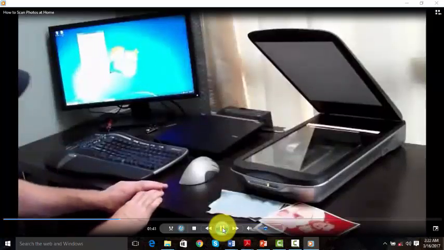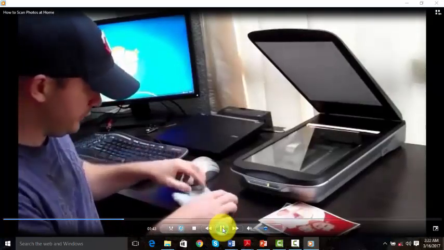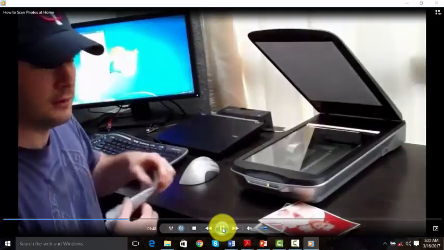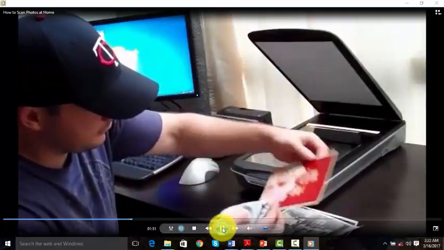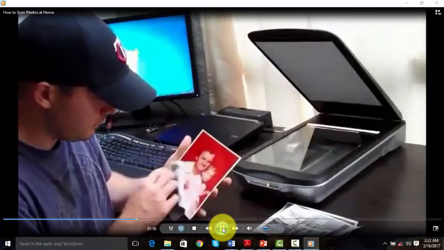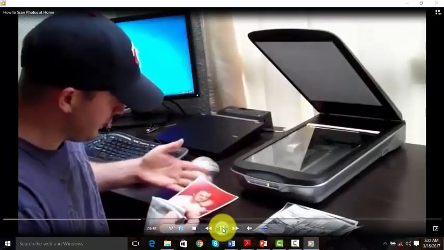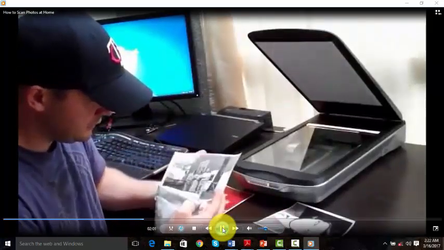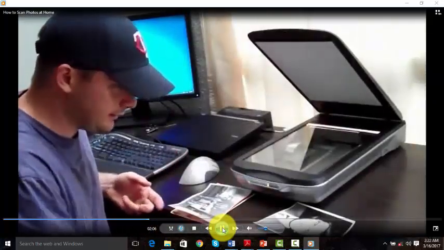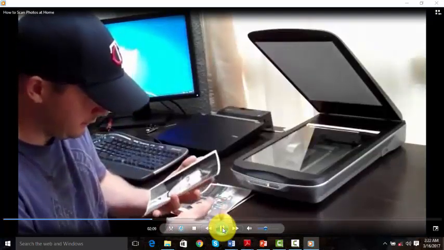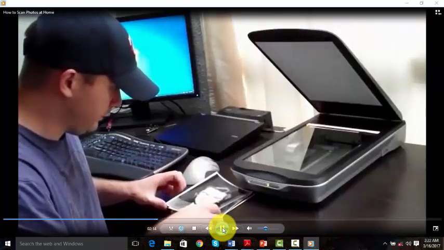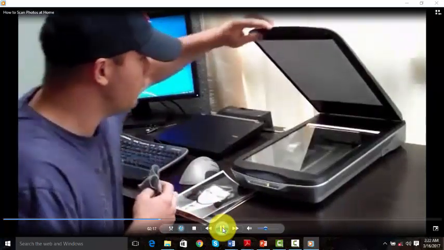Preview photos. It's always good to first make sure you have the photos cleaned up. Since these aren't my photos, these are my friend's photos, I'm going to be rather gentle with them. So you take the soft chamois, you just wipe off the dust, make sure that you have all the dust and hairs wiped off each of the photos. Dust and hairs are magnified when scanning, and the magnification of dust and hairs makes for a rather poor scan. Trust me, I've done it.